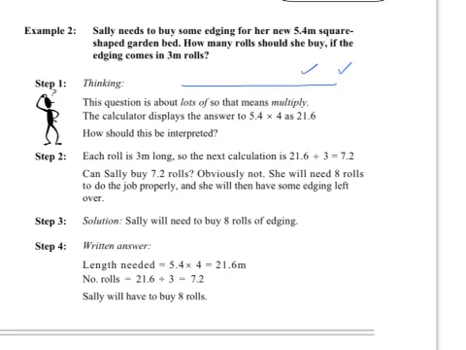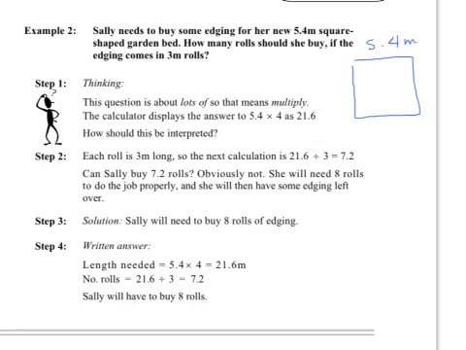Now in our second example, again the question is in context. Sally needs to buy some edging for her new 5.4 metre square-shaped garden bed. How many rolls of edging should she buy if it comes in 3 metre rolls? Well, the first thing I do here is draw the diagram. We know that Sally has a square garden, so that means the lengths of all the sides of the square are equal,